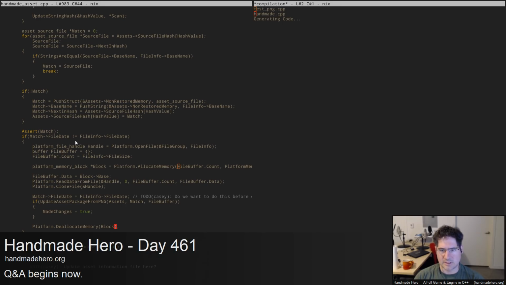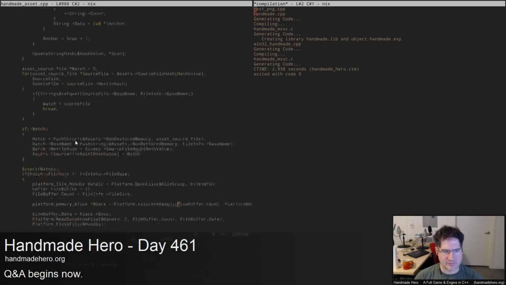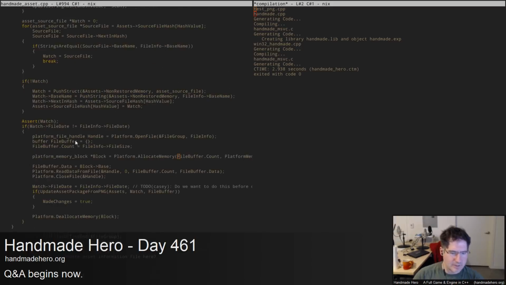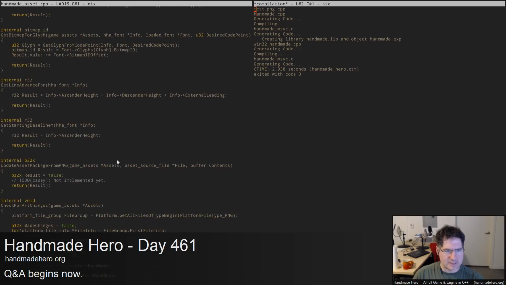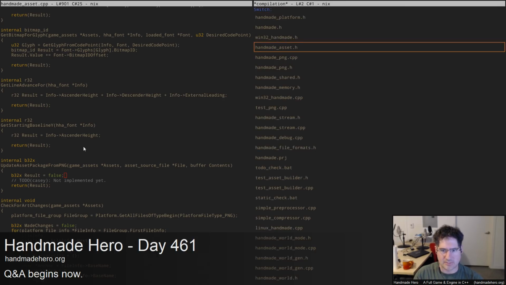So I think that's all we need. Pretty sure anyway. And I think that just does everything we want. So the next step is to go in here, right, into update asset package from PNG and loop through all of those tiles. So this is going to be like a for loop, right? It's going to first call handmade PNG,